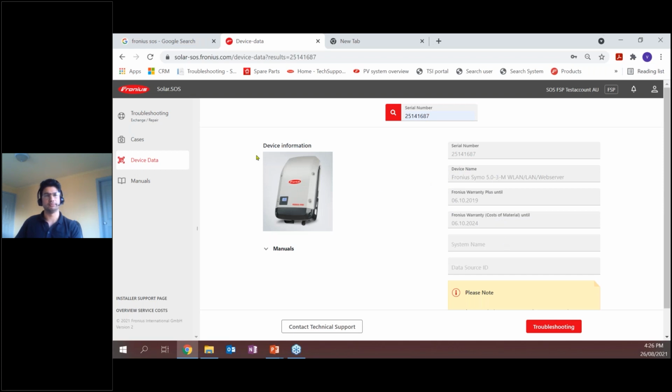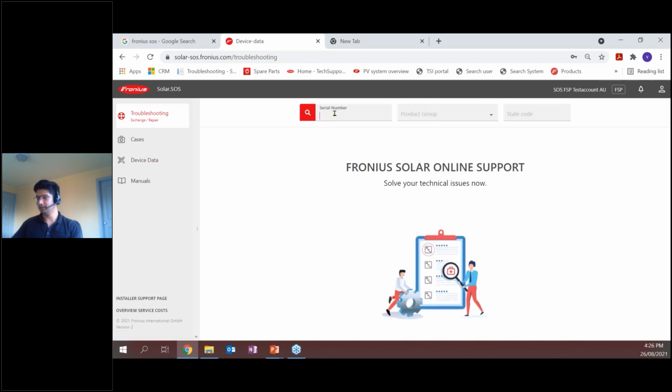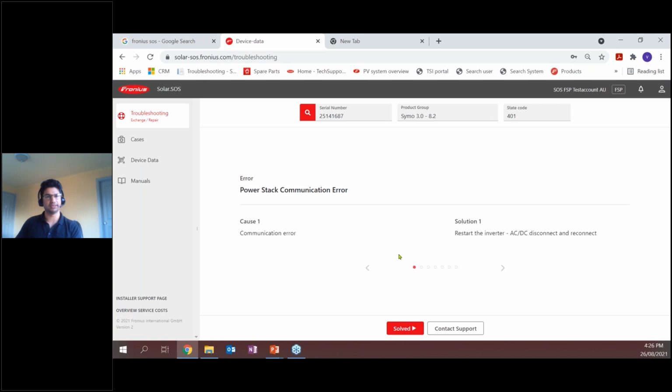the troubleshooting step. So you go to the troubleshooting option, you enter the serial number of the unit, and it will automatically select what product group the unit belongs to, and here you can enter whatever state code you're seeing on the unit. So this state code would be visible on your inverter's display, or you can also get it from the service messages section on SolarWeb. Once you have entered the details there, press enter, and it will give you step-by-step troubleshooting